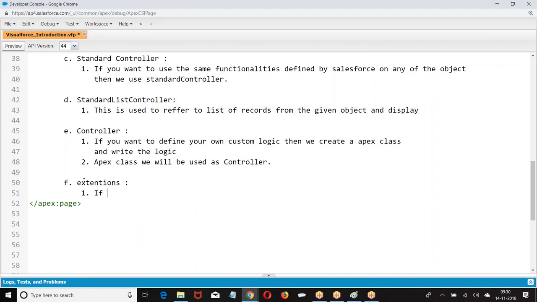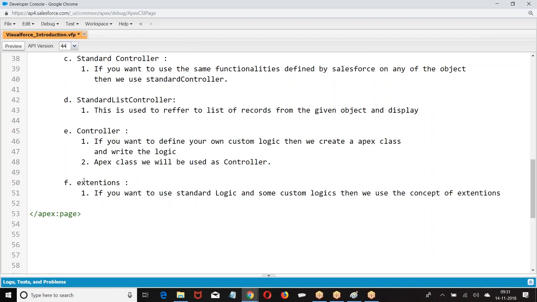If you want to use standard logic and some custom logic, then we use the concept of extension. So I want some standard functionalities, I want some custom functionalities, then I will go for extension.